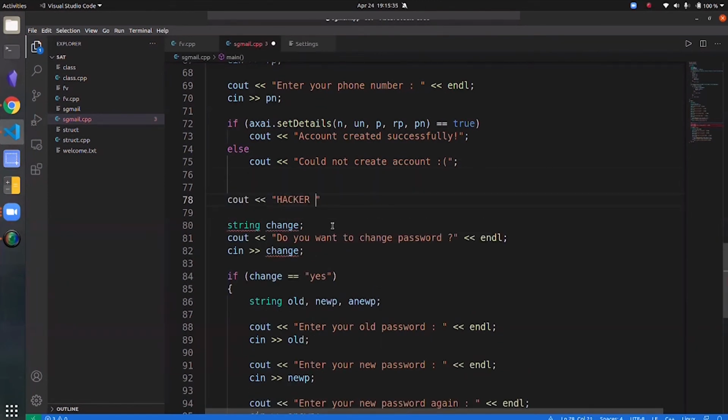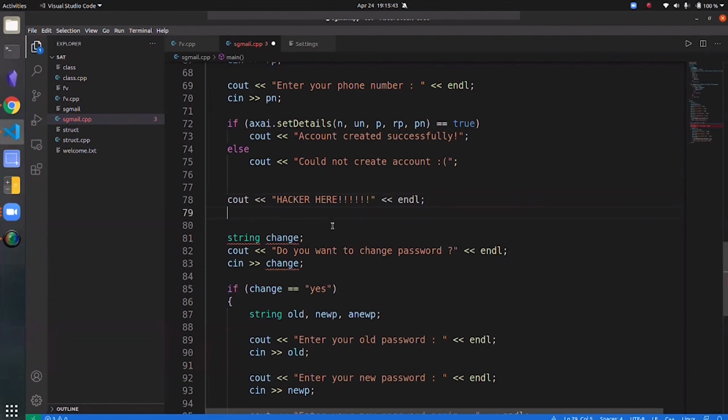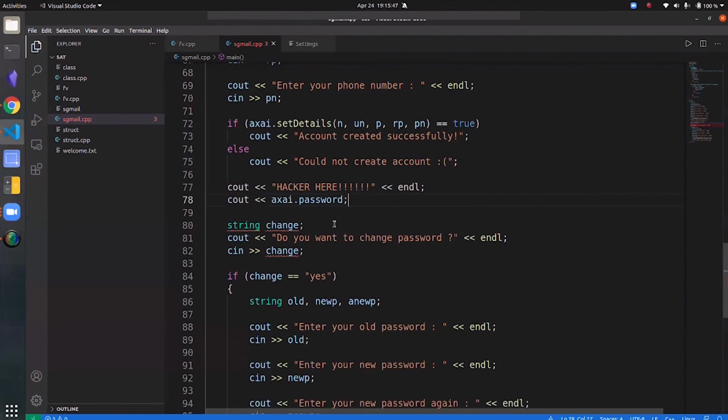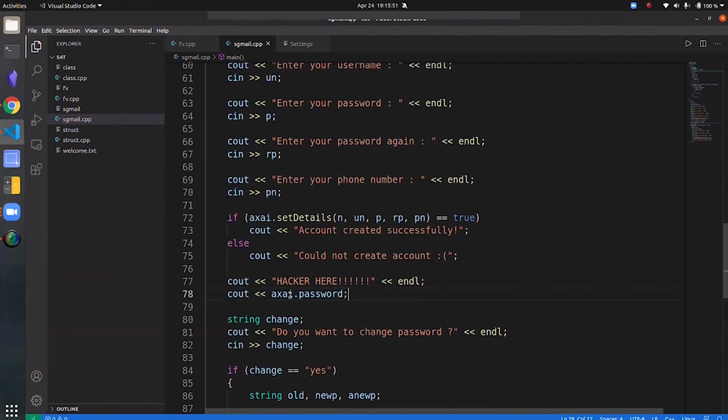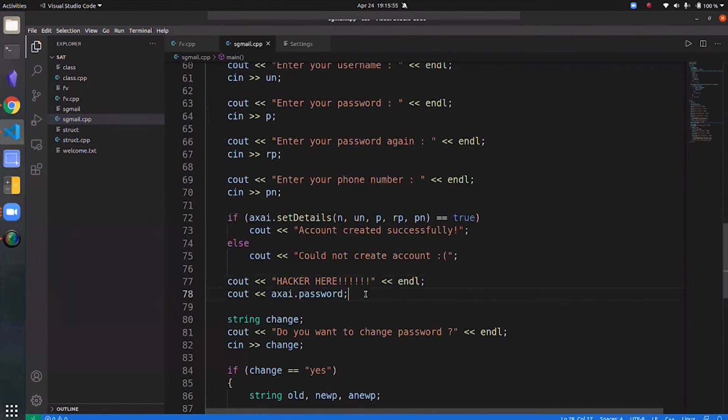Let me print some menacing message, and then my password. So the password that's being stored in the structure, in the struct array of type Gmail. So let's see if that works.